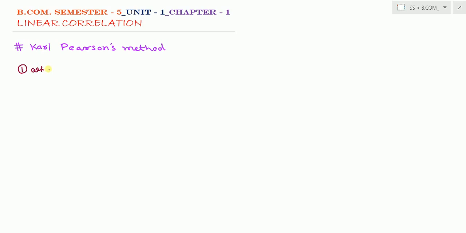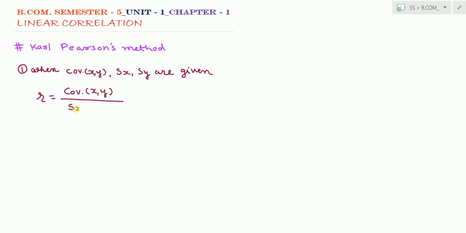when covariance of xy, sx and sy are given, then R is equals to covariance x comma y divided by sx into sy. This is the first formula given by Karl Pearson, where